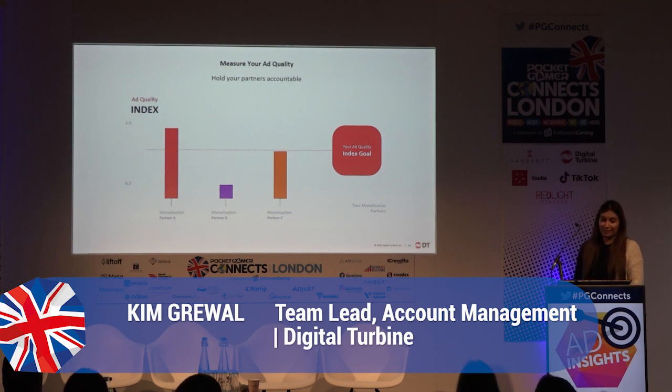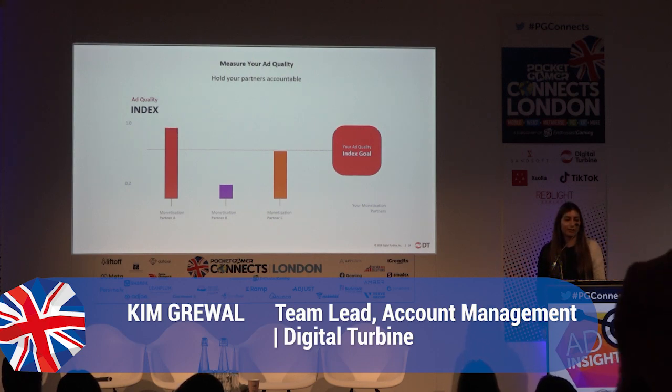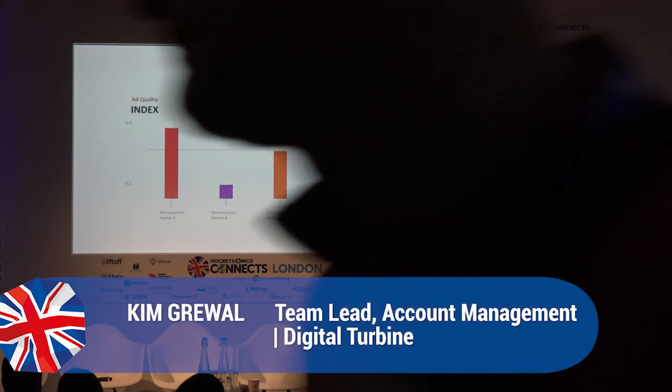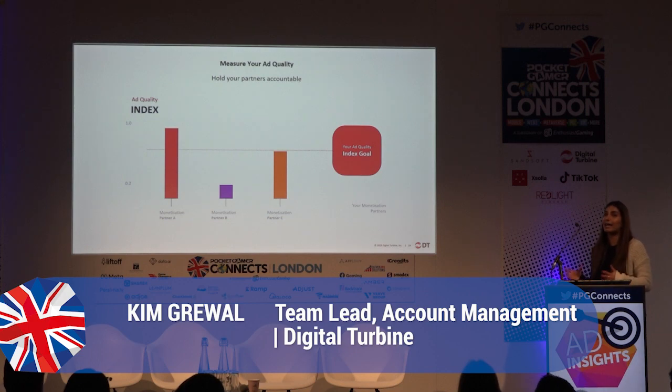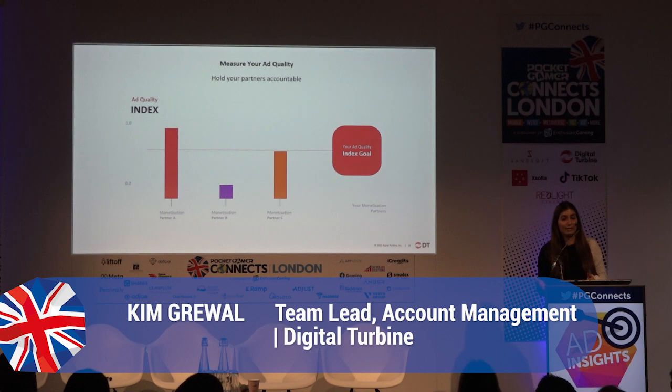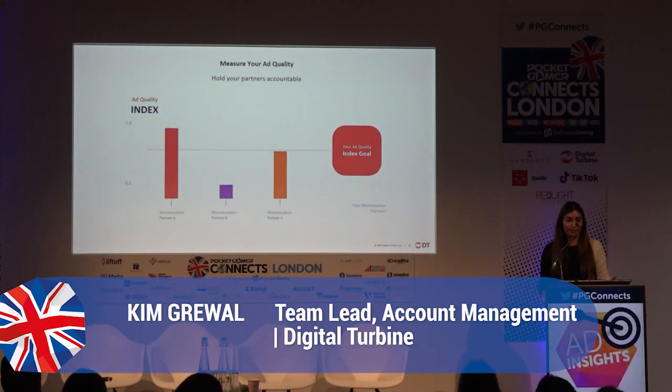Now let's be honest. Getting to an index of 1 would be lovely and nice, but it is also going to be impossible. You're bound to lose users along the way in some form or another. But what we want to achieve is to aspire to get as close to that 1, that perfect 1, as possible. Your partners are ultimately here to grow your app revenue. They're not here to hinder it.